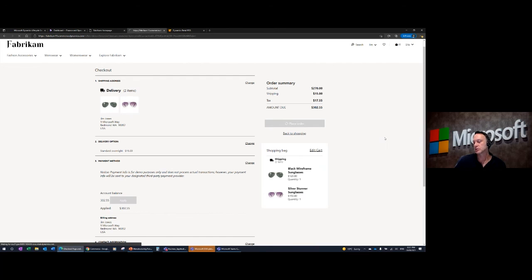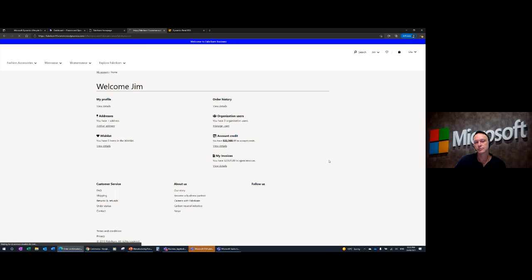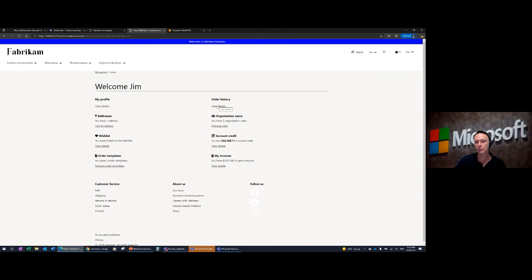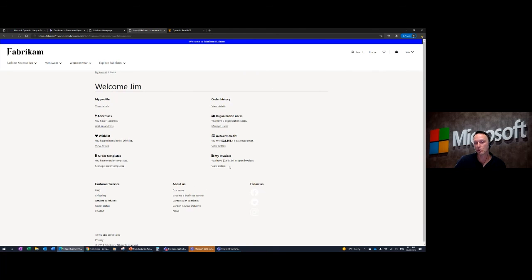So it's a very similar experience to the B2C. And again, Jim will get an email, and this is the information around the items. If I jump back over to my accounts here, I can see my order history if I want to look there. But if I go here, I can see what sort of credit Jim still has available. Go back to my accounts here. I can also pay my invoices. So if I go to my invoices,